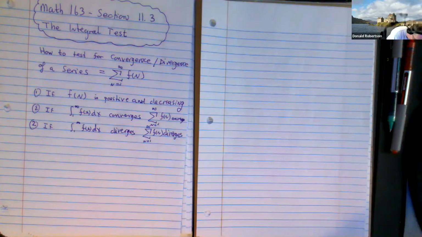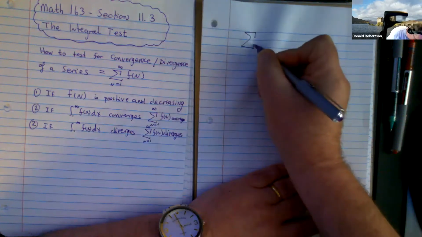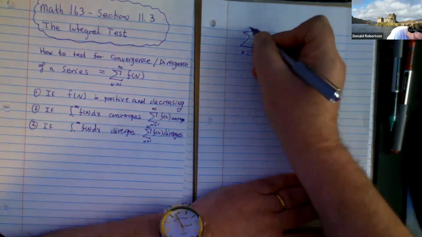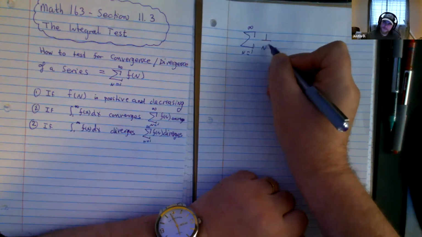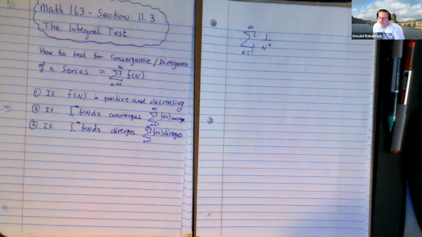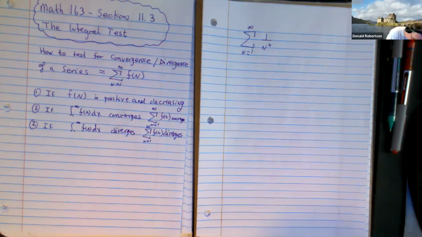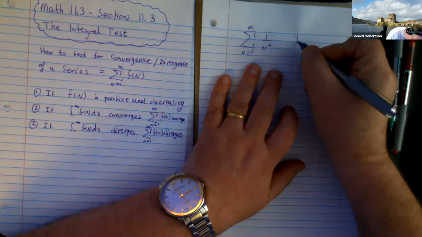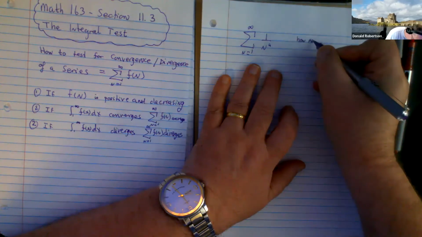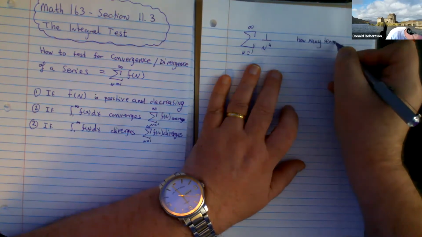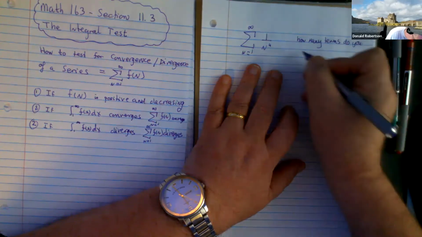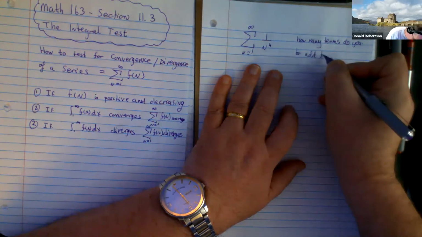So I'm going to pick a guy, n equals 1 to infinity, 1 over n to the 4th. And you're just going to trust me, but that converges, right? So imagine we spent 15 minutes and we proved it converges, right? So we kind of bypass that. Now we want to know something. I want to know how many terms do you need to add to find the sum of this series